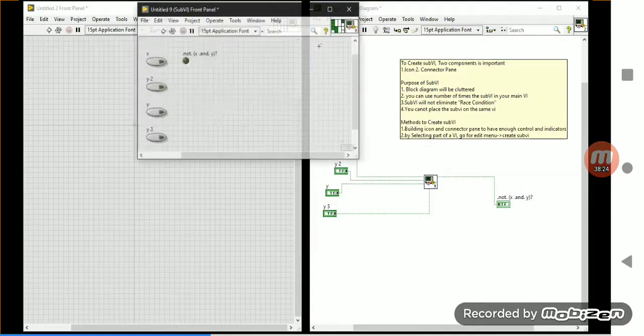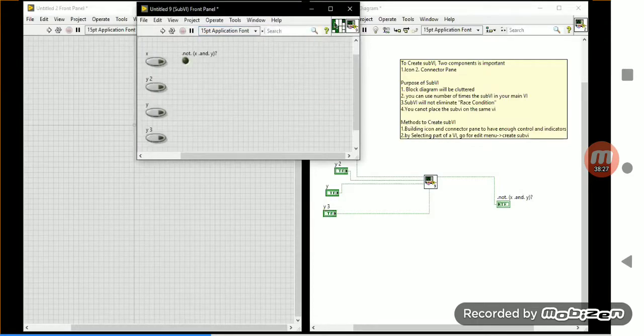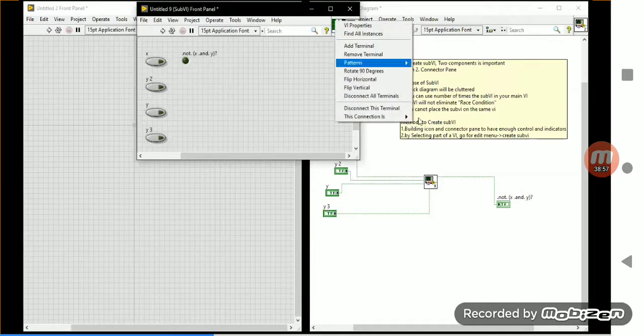If you go to this sub VI, and you look here, the connector pane terminals are also available here. But only recommended terminals you will get. Required will not be available there. You have to change these things over there. LabVIEW will give the choice to you. LabVIEW will not allocate required and recommended, because only the user knows which terminal is required. Normally recommended will be available by default, and you can change it. The icon will be the same icon, but the connector pane will be configured automatically. By clicking here, you can make changes to the connections over there. That will not be a problem. So terminals will all be available.